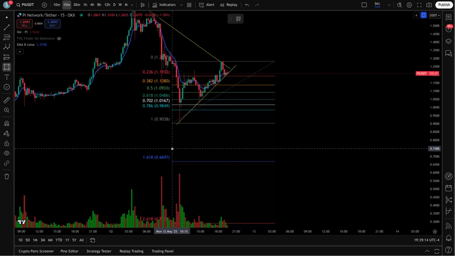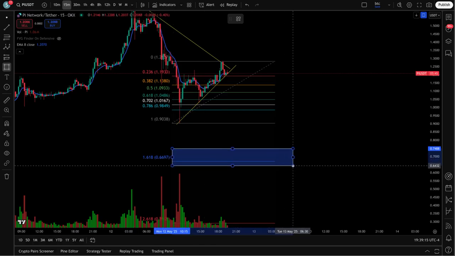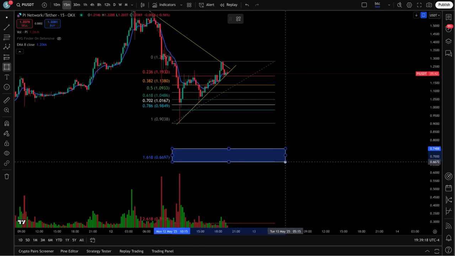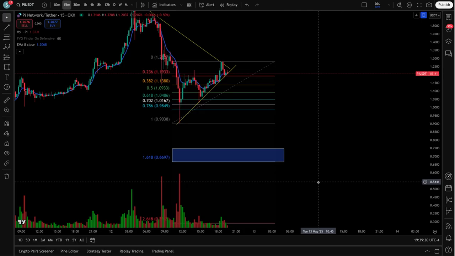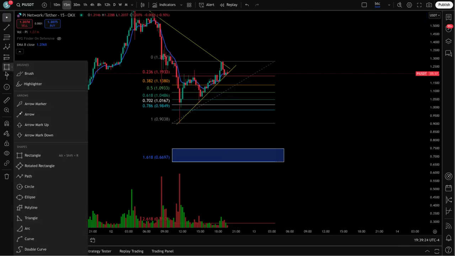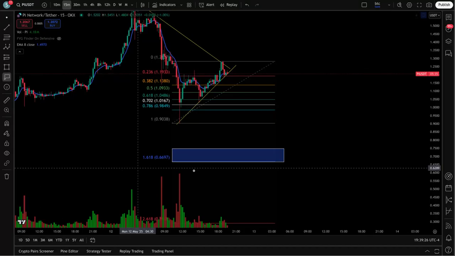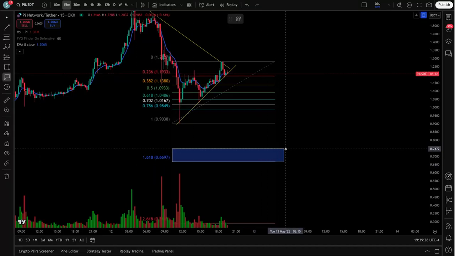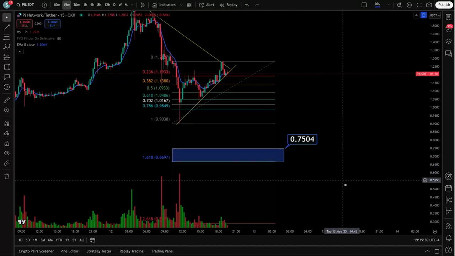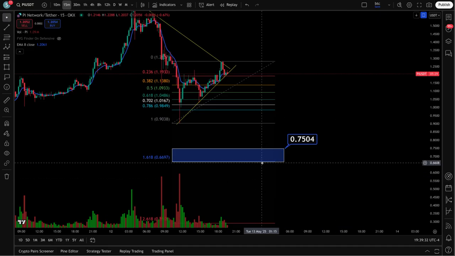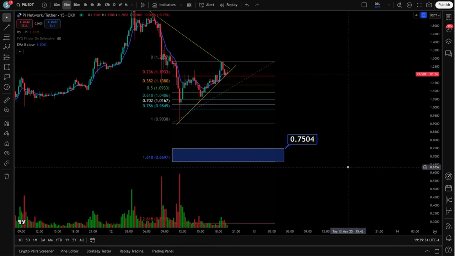Right down. Doesn't always hit the 1618 on the dot. Sometimes it goes past it, sometimes it falls short. It all depends, but I would be looking down. We put price labels down here. If we have a breakdown, at least down to probably 75 cents, maybe a little bit lower, 66, 67, anywhere in that box.